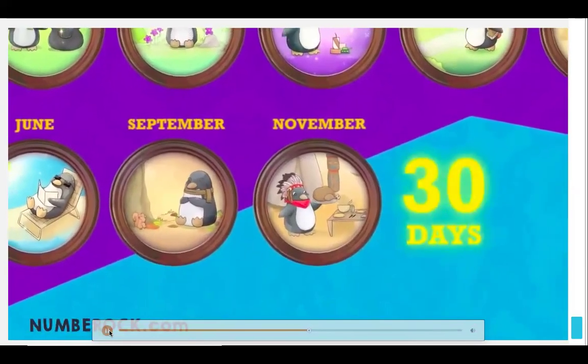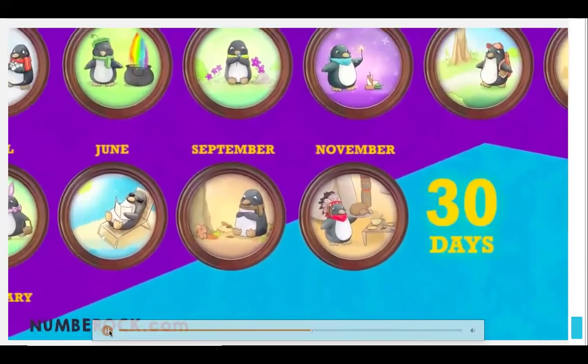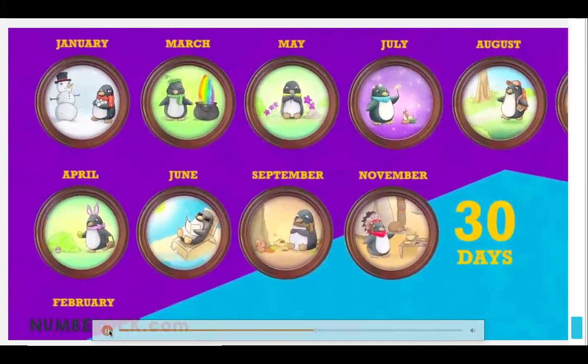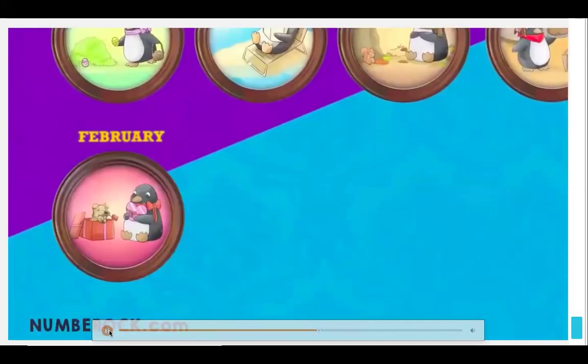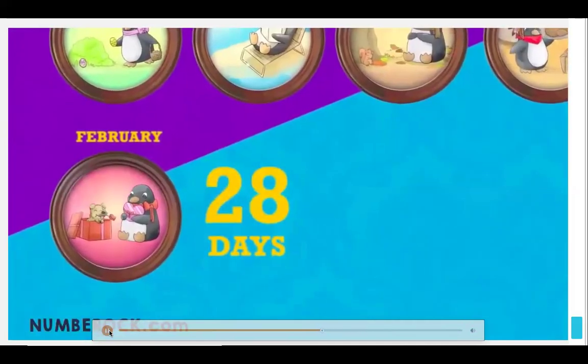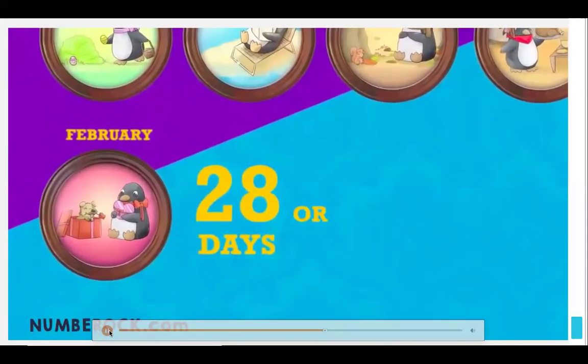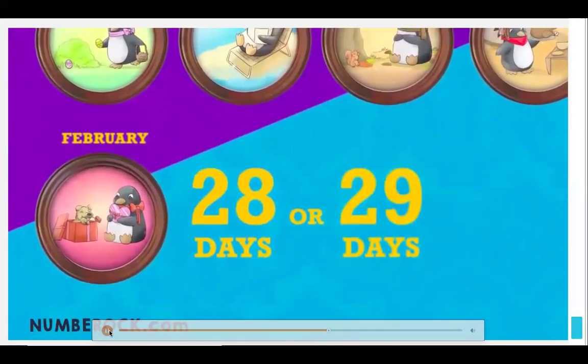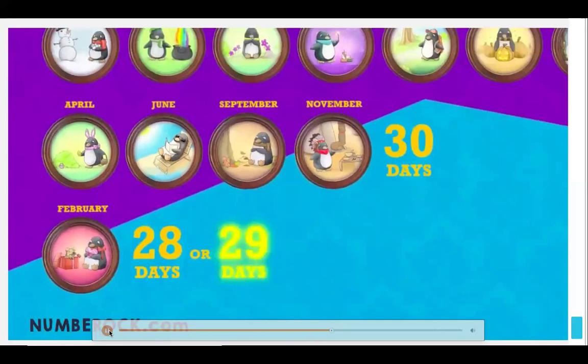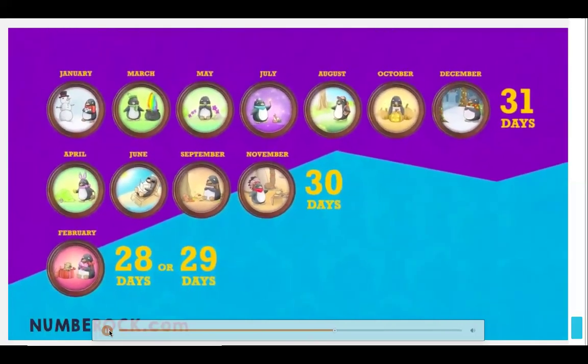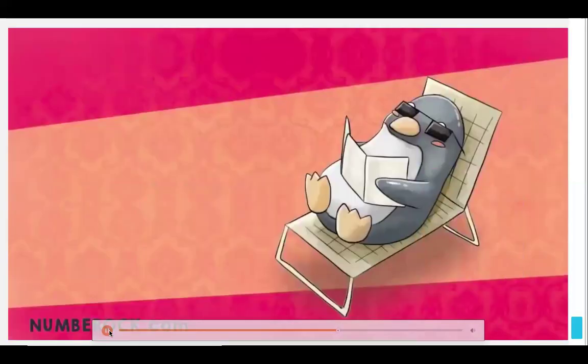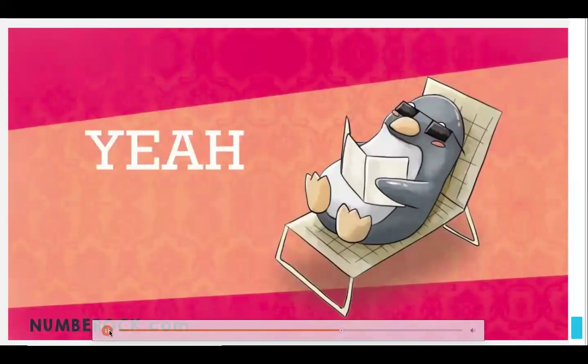All at 30 days. 30 days, y'all. All at 30 days. February has 28 days, but then it's a leap 1, 2.